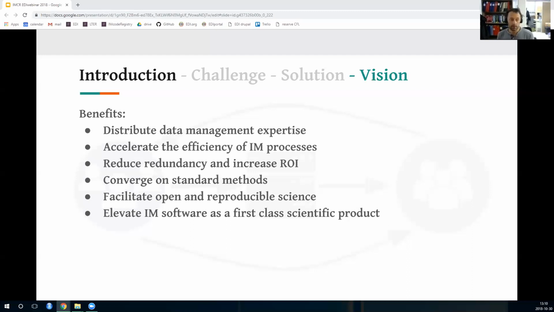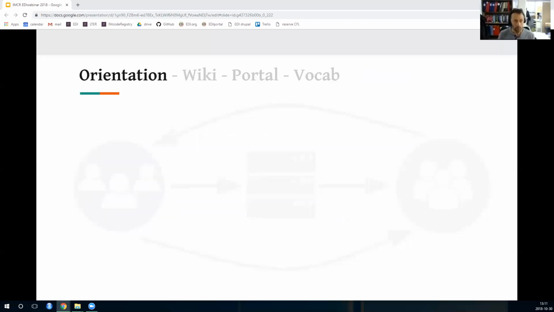Facilitating open and reproducible science by encouraging citation of the software. And finally, elevating IM software as a first-class scientific product, thus awarding creators and professionals that otherwise receive little reward for their hard work. So that's an introduction to the Information Management Code Registry and why it can be valuable